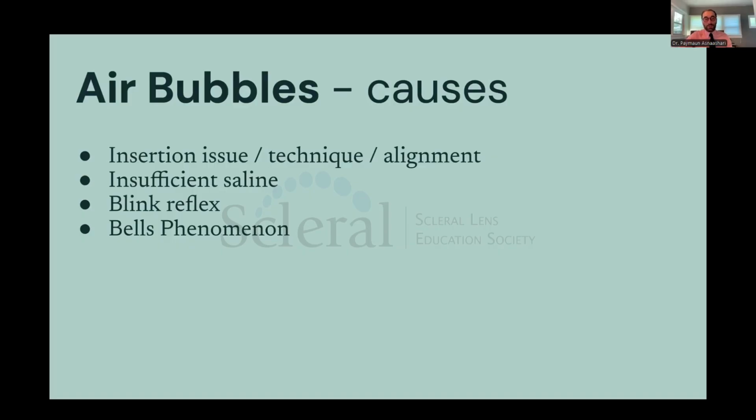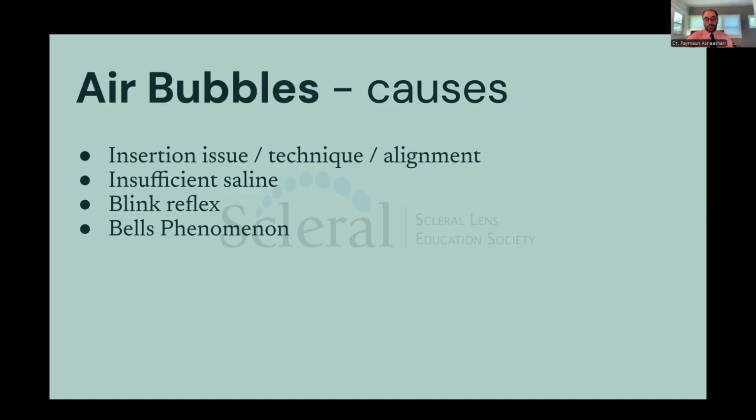Another issue that will bring up air bubbles is blink reflex. This lens is going to induce a reflex of blinking when they put it on, and that subtle amount of blink can slightly move the lens as they insert it. It can tilt it, dump out saline. So getting the blink reflex under control is really important to make it smoother with insertion and hopefully reduce the